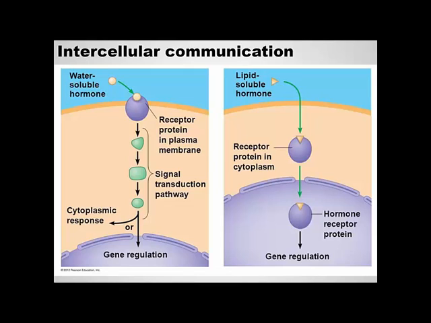To look at one in a little bit more detail, this is how cells communicate with each other. So we know that hormones inside of an organism circulate, and then they have effects on certain cells. The cell has a receptor, then these hormones can interact with it. So here you have a water-soluble hormone, a hormone which can't just go through the cell membrane, because we know